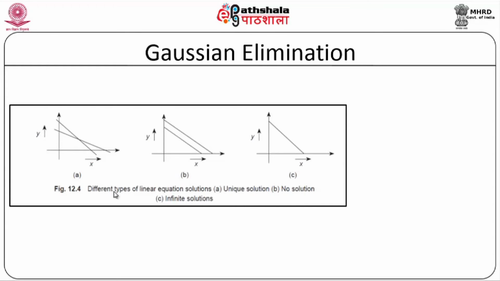If there is an intersection, I will have a unique solution, and if the lines are parallel to each other, then there are no solutions at all, and if they coincide exactly, then you will have infinite solutions. So, solving two equations with two unknowns is going to be a very easy task,